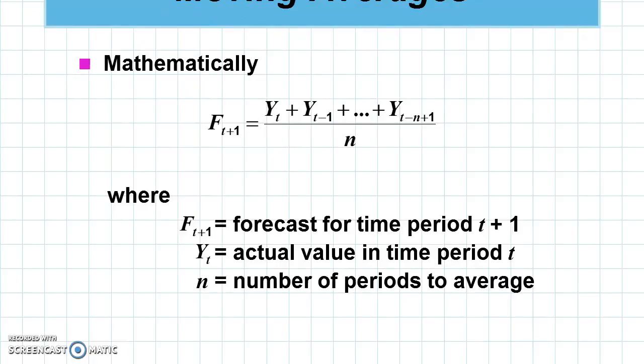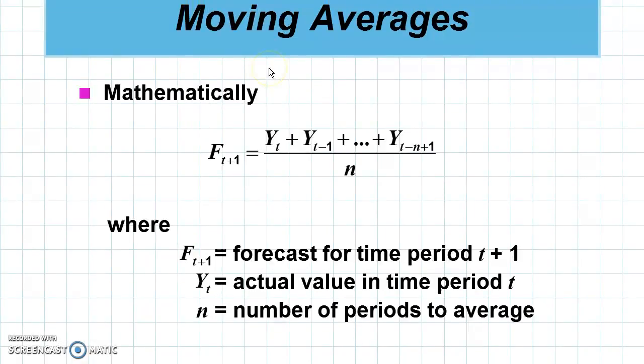To look at the moving average of one of our two models, all we're really doing, if we're doing a 3-period moving average, is taking the sum of 3 of our actual data points, divided by the number 3, and that gives us our forecast. I'll show you this more explicitly in a couple of minutes, but our Y is our actual data, our F is our forecast, and of course the N is the number of periods that we're going to be